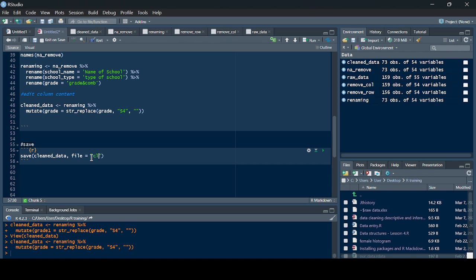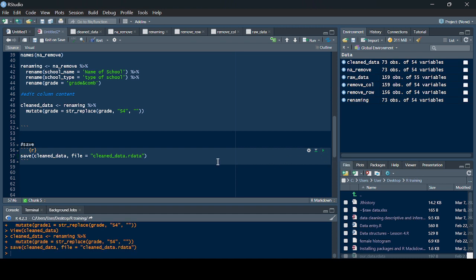We can just call it the same, cleaned data dot RDA. Don't forget the extension, and you just run the current chunk